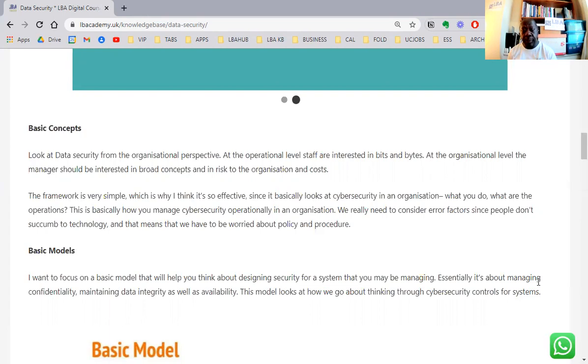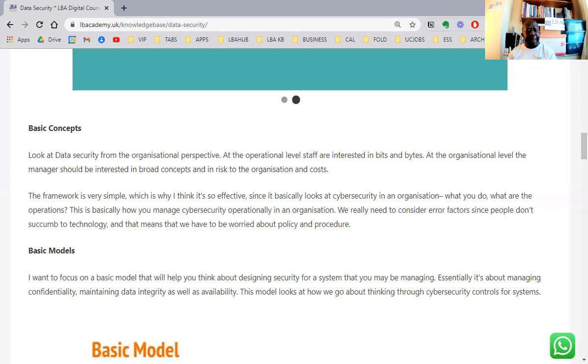What you do, what are the operations? Now, this is basically how you manage cybersecurity operationally in an organization. We really need to consider error factors, since people don't succumb to technology, and that means we have to be worried about policy and procedures.